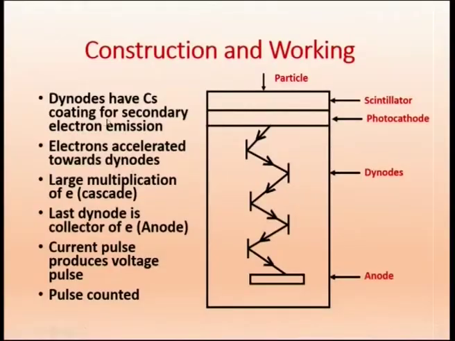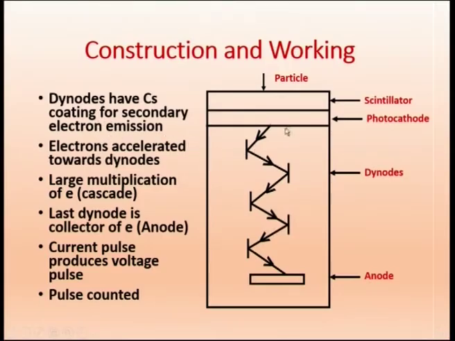Any material, on the surface we have electrons. Atoms have electrons. That has to be removed. For some materials, it is not very difficult to remove. Now for cesium, the work function is small. That is called work function, energy required to remove the electron. That is small, and therefore this Cs is used for secondary electron emission.